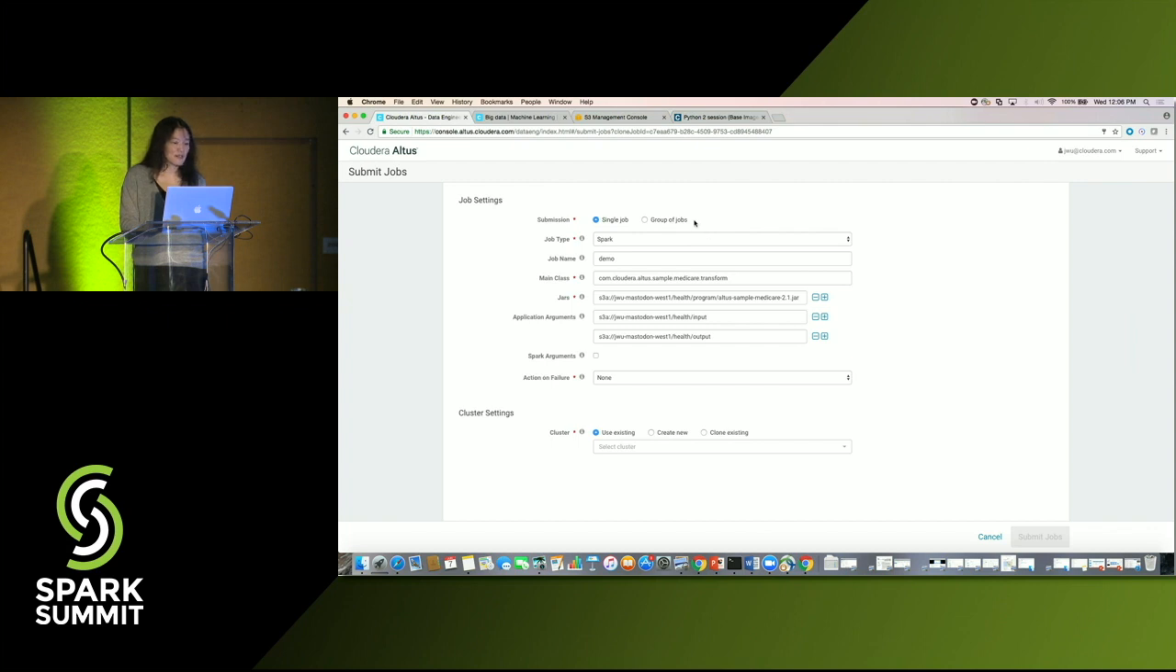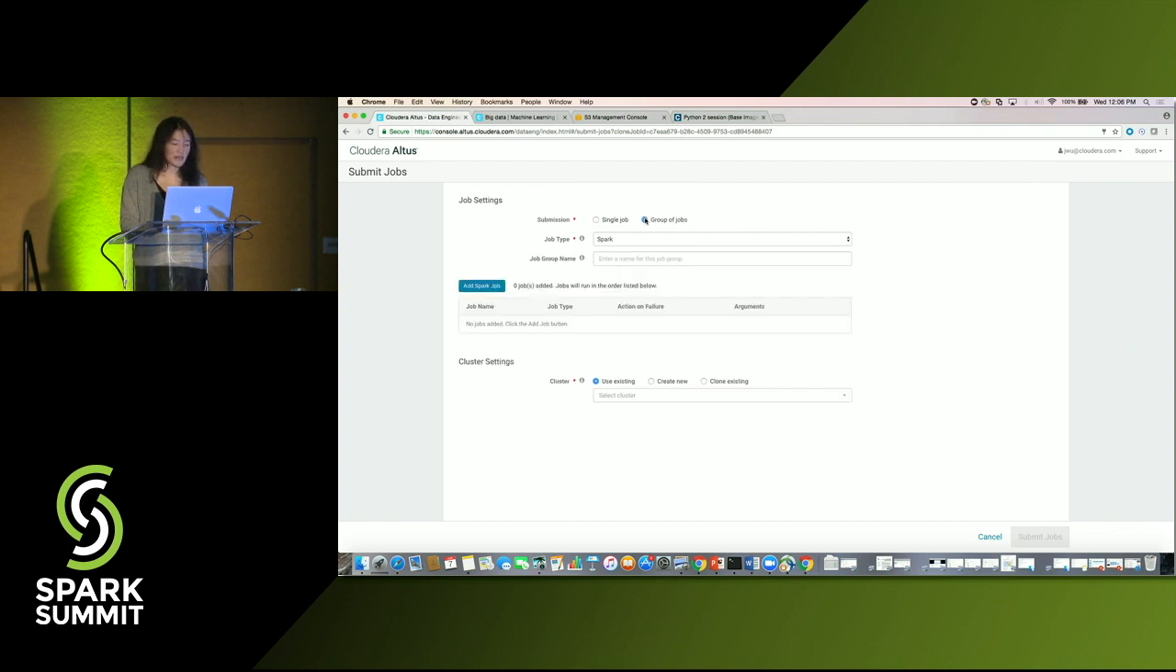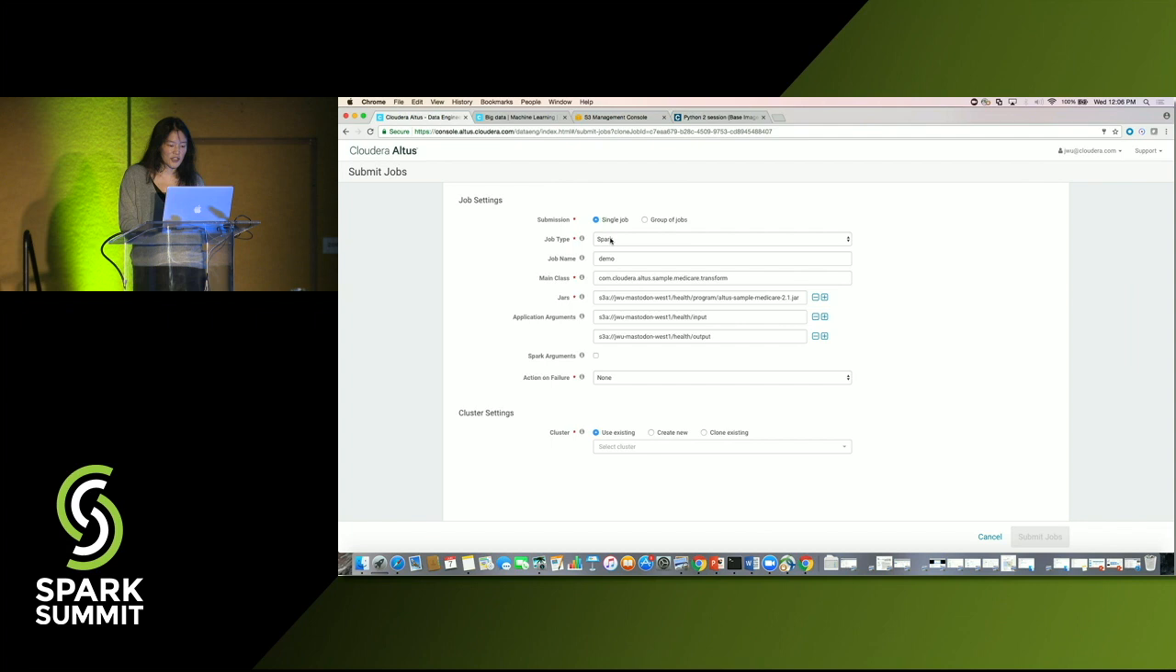I can also submit a group of jobs. If I submit a group of jobs, then it will execute these jobs in sequence, and you can also opt to terminate if one of the jobs fails, so you don't execute the rest of the job group. But here I'm going to submit a single job, and I'll specify what application this is, where the jar file